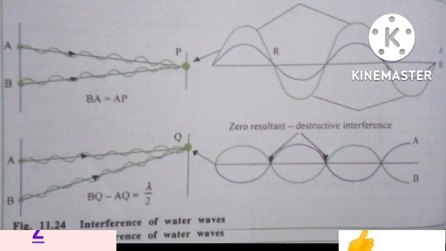Now the crest from one wave arrives simultaneously with the trough of the second wave, and the waves combine to cancel completely the effects of each other. So they are said to interfere destructively. This is another way you can understand interference. In the first diagrams, the waves interfere constructively because this time they are in phase, so they are a whole number of wavelengths away from each other. But if they are not a whole number of wavelengths away from each other, that means the path difference is not a whole number of wavelengths,